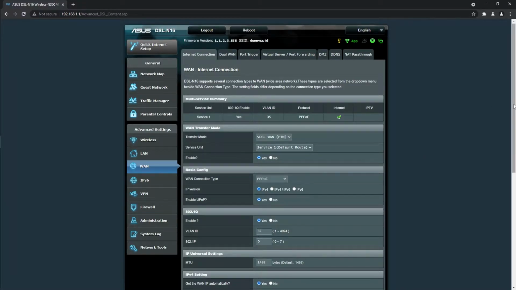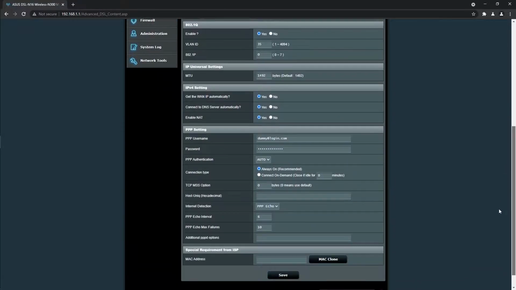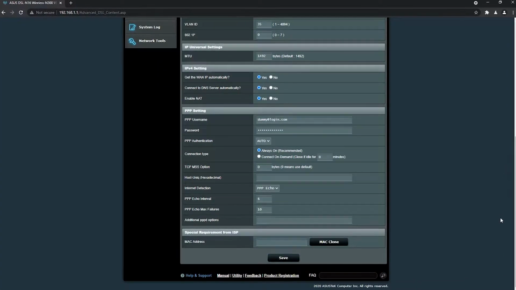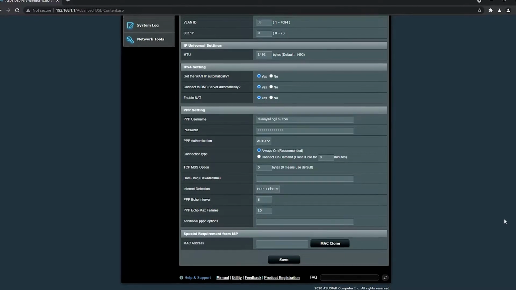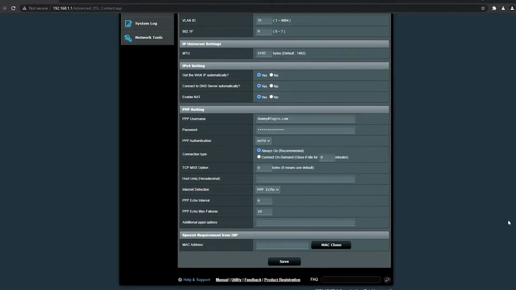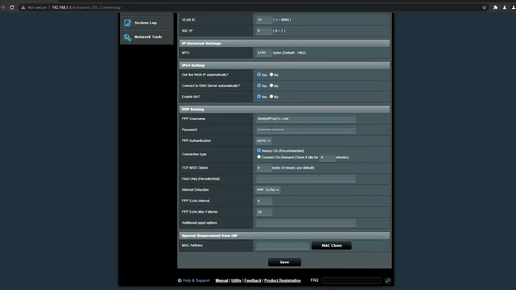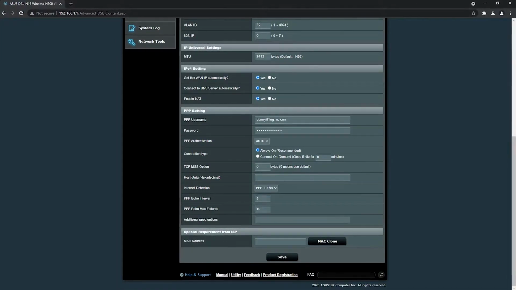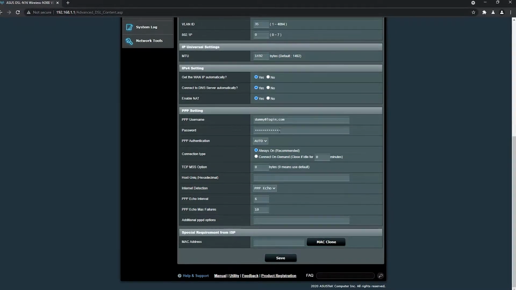So, let's imagine a situation in which you cannot find your DSL internet password and you need to type it into your new router for it to work. The good thing is that it's already in the router you use, right here, but it seems as you will be unable to extract it as it has been converted into these dots and you cannot copy them. Well, there is a simple solution to that.